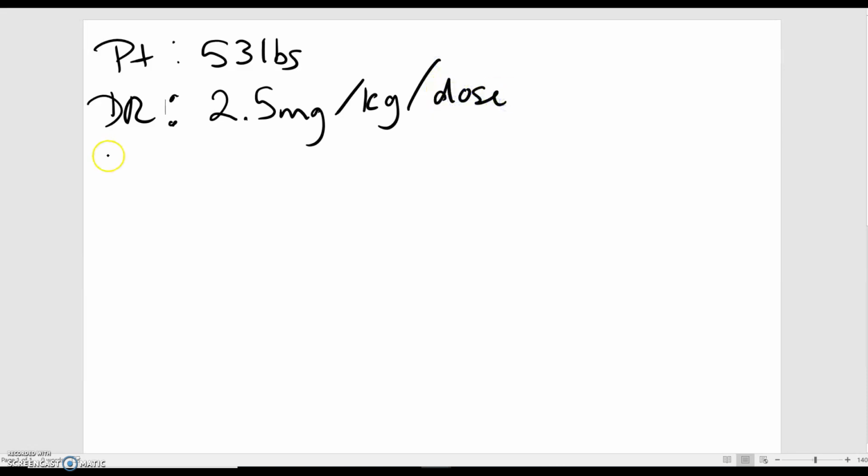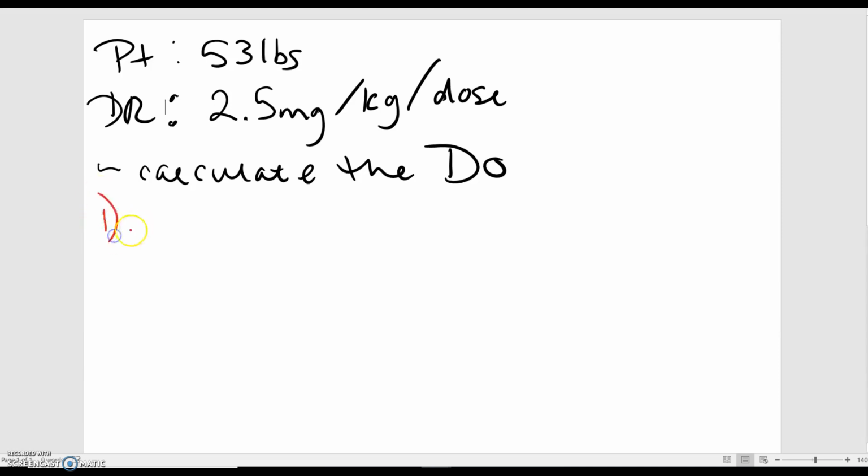What this question is asking is that they want you to calculate the dose order. Well, in order to calculate the dose order, you are going to use the body weight method,